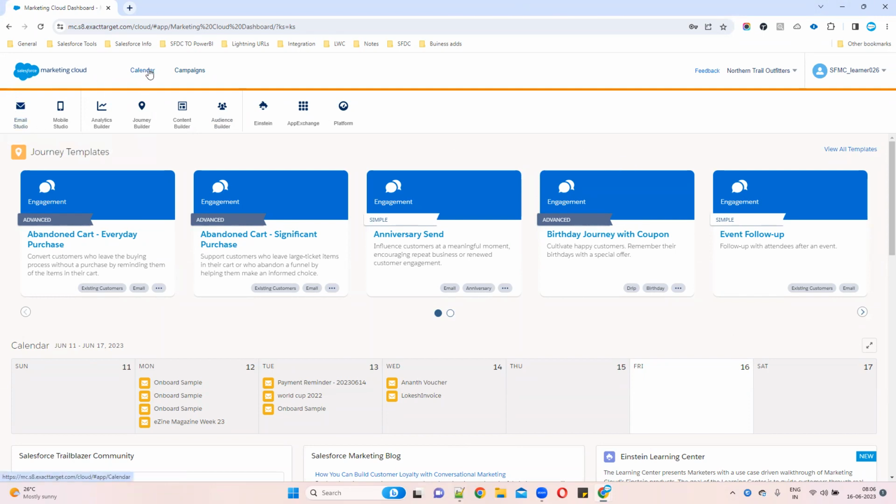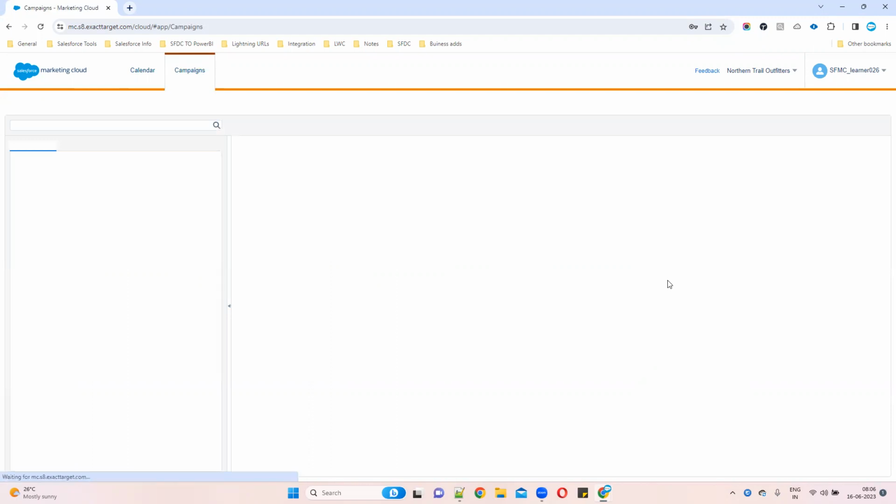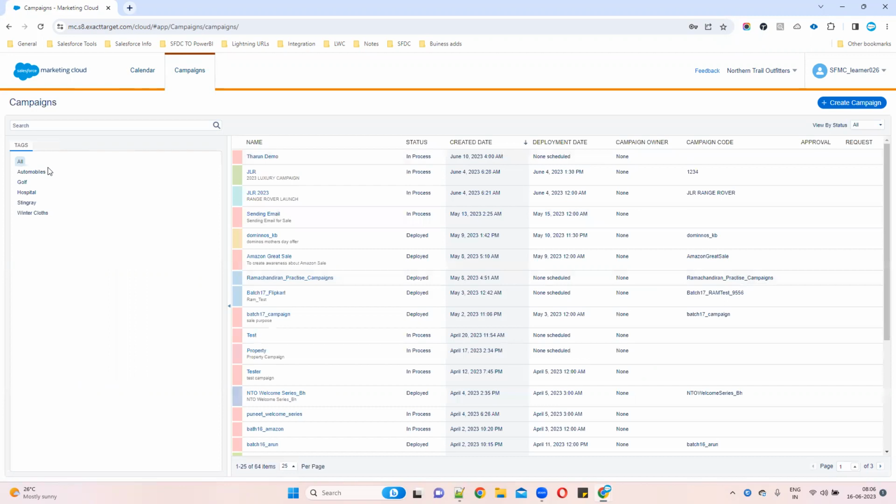And here you can see the calendar and campaigns. In case you did any campaigns, you can click it. This is called the dashboard tool actually. Whatever you can see on the top side, that is called the dashboard tool. So you can see the calendar, upcoming items, automations, you can check it in the calendar. Recently performed campaigns, you can just click here and see all these things, the recent campaigns you did.